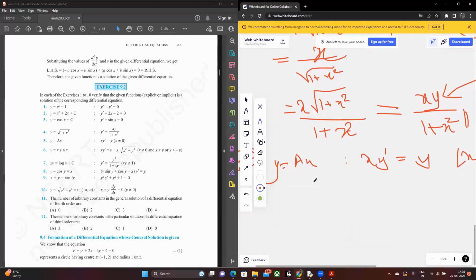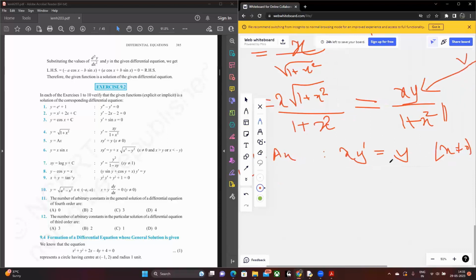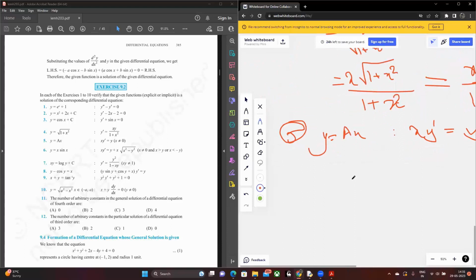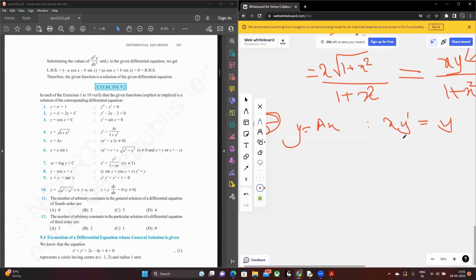If x is 0, whatever be the value of a, this becomes true, right? Because this is 0, this becomes 0. So x equals 0 is a trivial case. You don't really deal with that. x is not 0. So over here again, you have this trivial